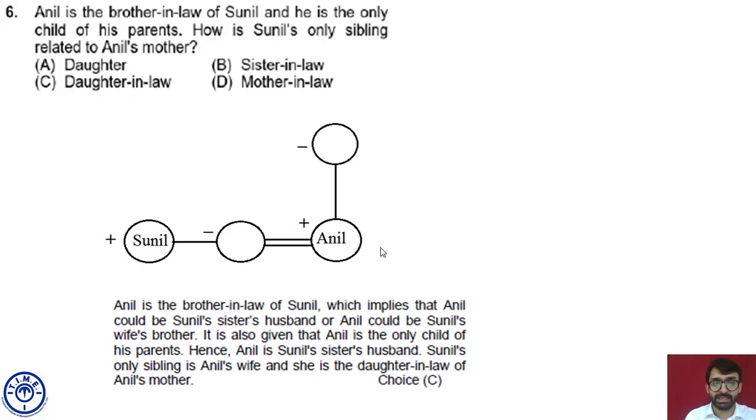This is the explanation of the question. Answer is C. So with the help of these pictorial diagrams, or let's say family tree or family diagram, the questions are a little easier to answer and comprehend. A step-by-step approach is required, and proper comprehension of the statement has to be there. We need to read every statement carefully, then we can draw any sort of conclusion. When you are answering the question, we need to understand which person is related to whom in the question, not the other way around. So the answer is going to be different in both cases. In this question, the answer is daughter-in-law, not mother-in-law.